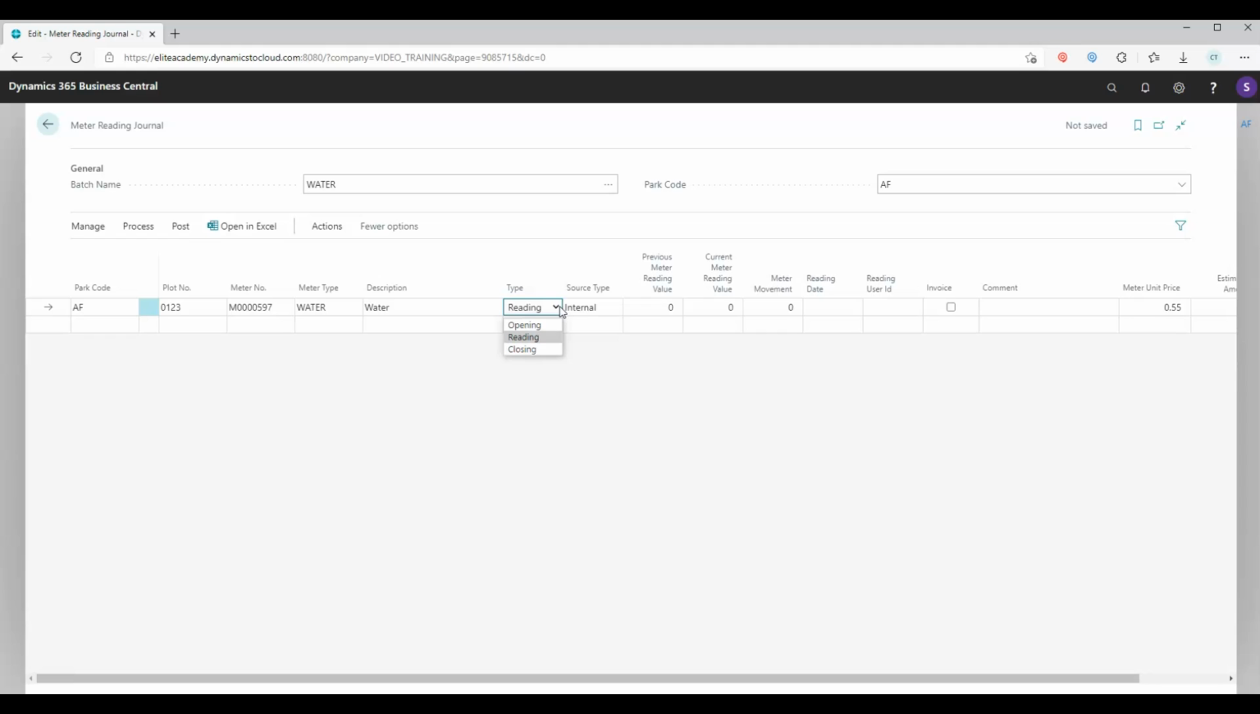So if I look at the options available, we have opening reads, normal readings, and closing reads. So for this little scenario, I'm going to choose the opening read. We then go to the source type. The options provided are an internal reading, where our own team take the readings,